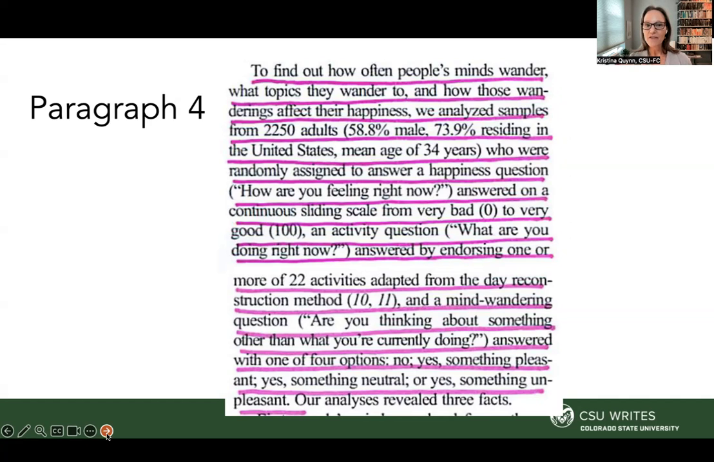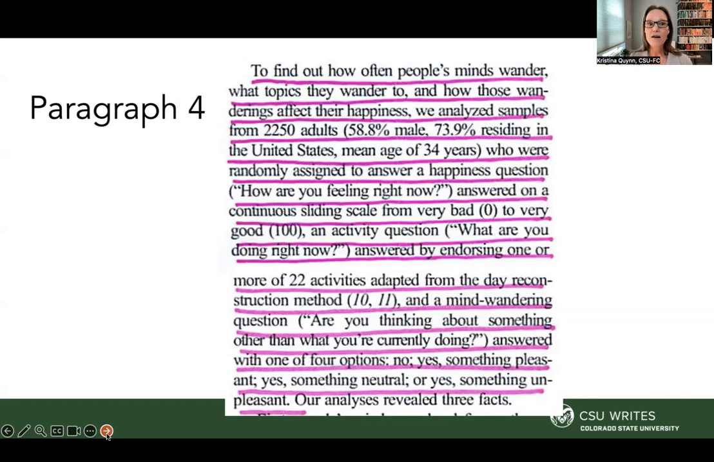But I'm going to skip most everything that's in the parentheses, the additional information. I'm just going to go with what the main information is. So to find out how often people's minds wander, what topics they wander to, and how those wanderings affect their happiness, we analyzed samples from